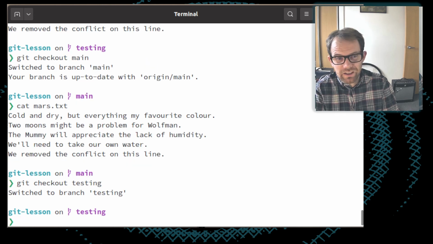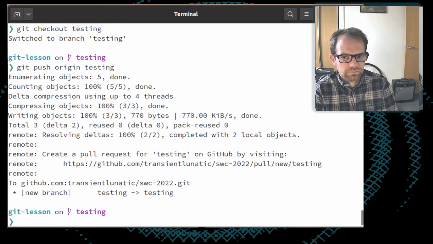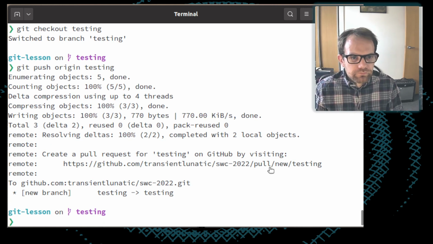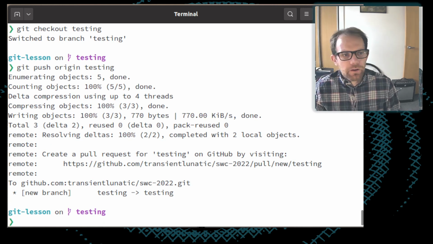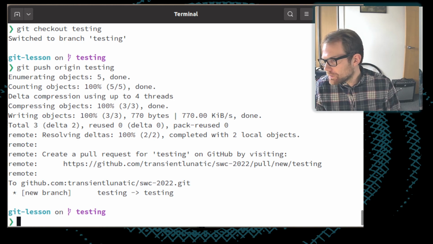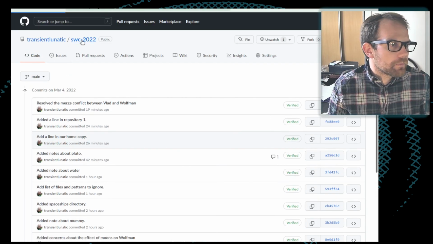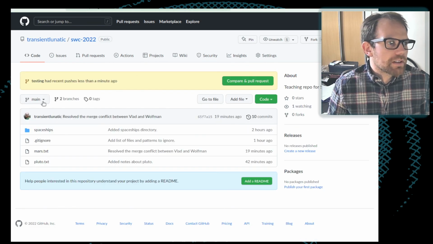I can push this to GitHub, so that there are now both versions on GitHub. Git push origin testing to push it to GitHub. And now if we have a quick look back at GitHub, we can see that by default, GitHub shows us main as the branch.